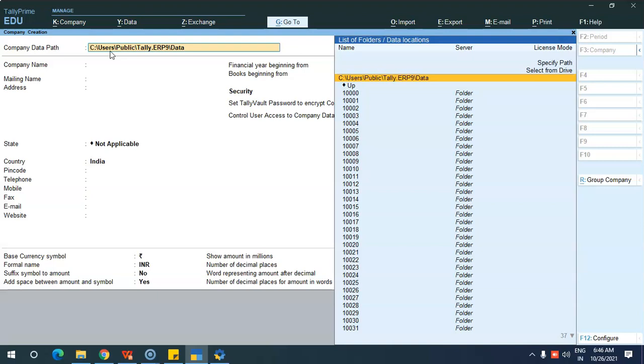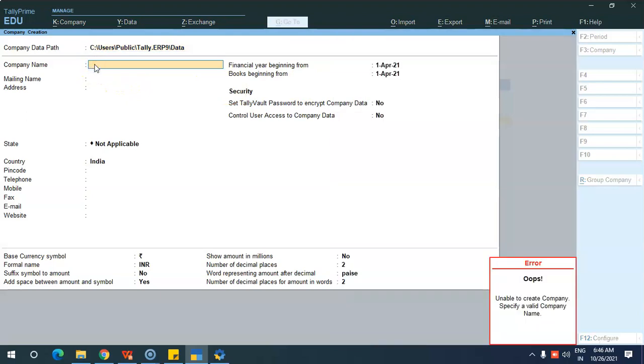If you want to specify any other path for your company data, you can click here and specify the path, or you can directly select from the drive also. Next is the company name. Here I am giving the company name.